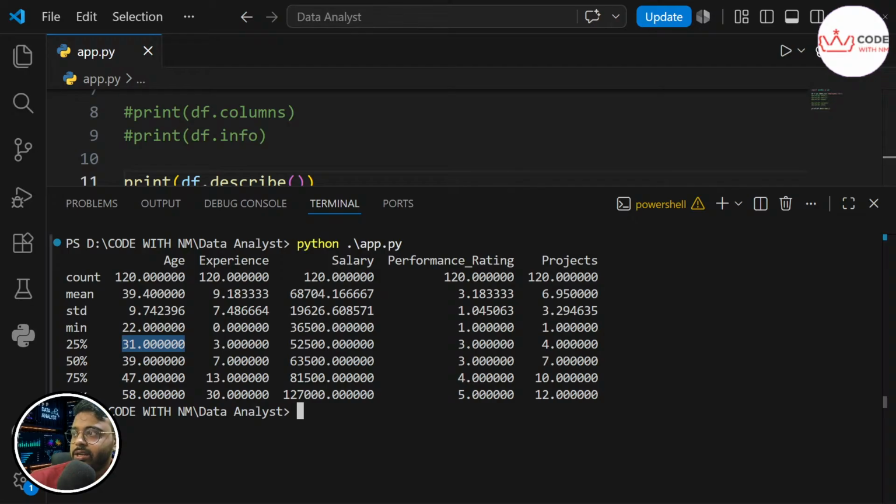So to check whether my data is true or not in age, I can see 50% should be more than 31. So 50% of the complete employees are 39 or younger, which means 75% should be more than 39. So 75% of employees are 47.